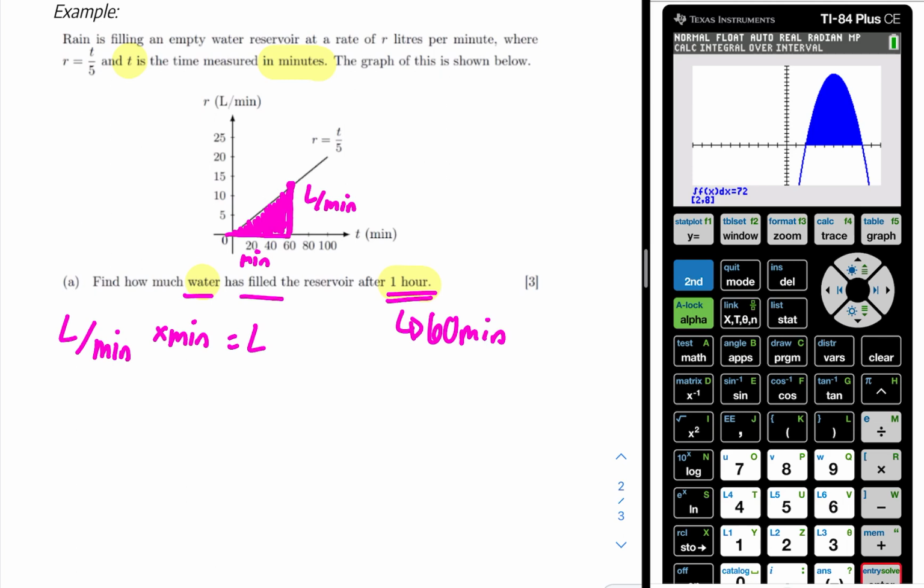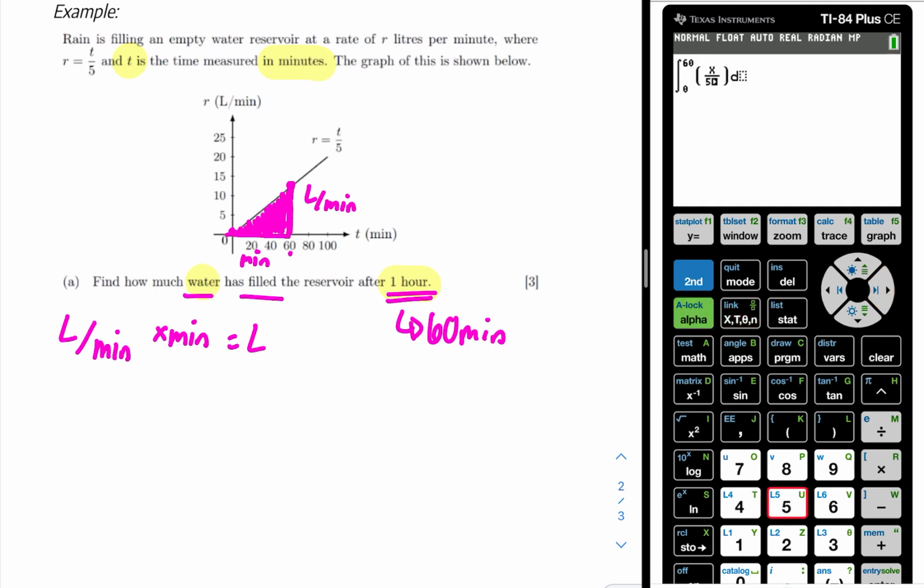So for this question, we're going to be using integrals in a conceptual understanding. So I'm going to find the integral under the curve t over 5 between 0 and 60. So on my calculator, I can go math and the ninth option. I'm looking from 0 all the way to 60 because I need to have the same units, minutes and minutes. And my function is x divided by 5. And I always need to finish up with dx. And I'm going to get that in the 60 minutes, there were 360 liters that fell in this reservoir.